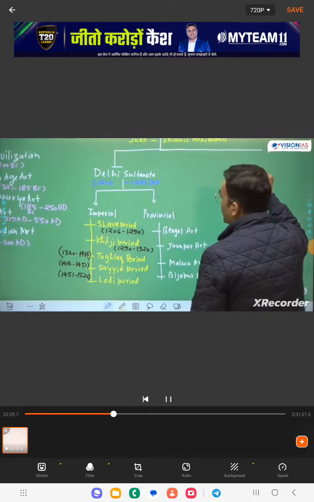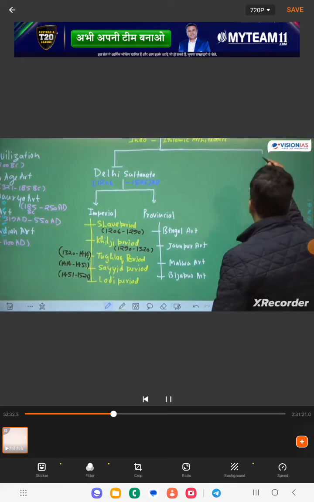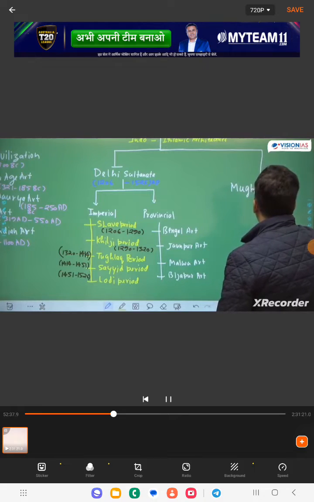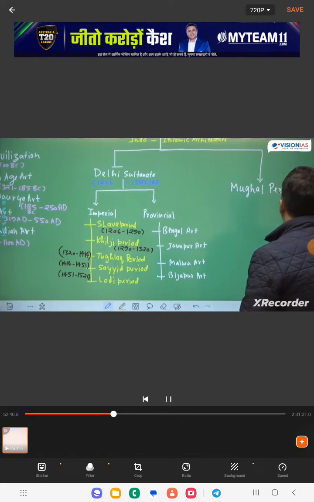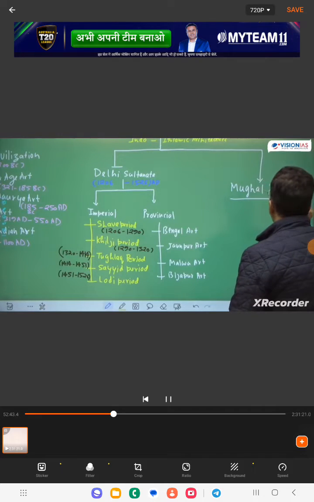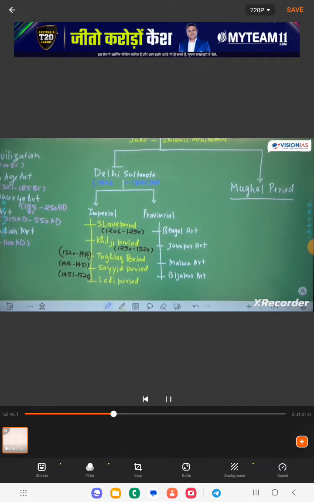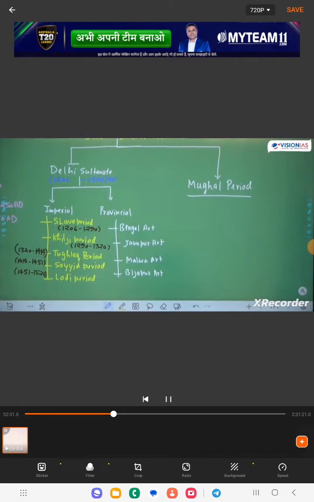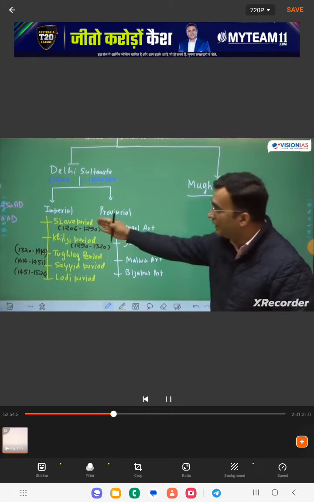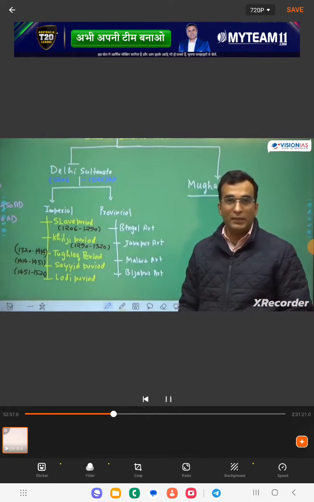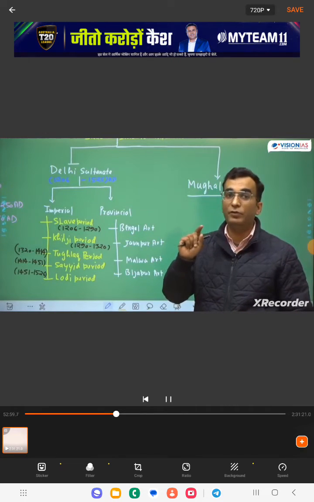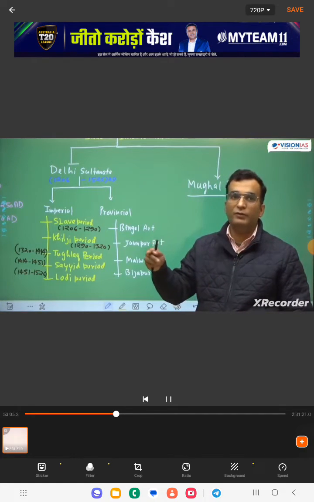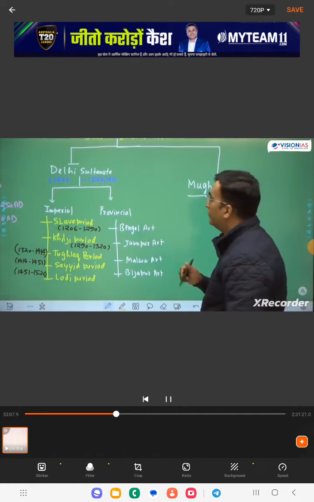Okay? So one we wrote as Delhi Sultanate, and the second we'll be writing the Mughal period. Once again, Mughal also we are going to divide like this only, meaning the initiative. There are so many dynasties in the Delhi Sultanate, but Mughal is just one dynasty. So here we will talk about the contribution of the Mughal rulers, and then what was there in the provinces.